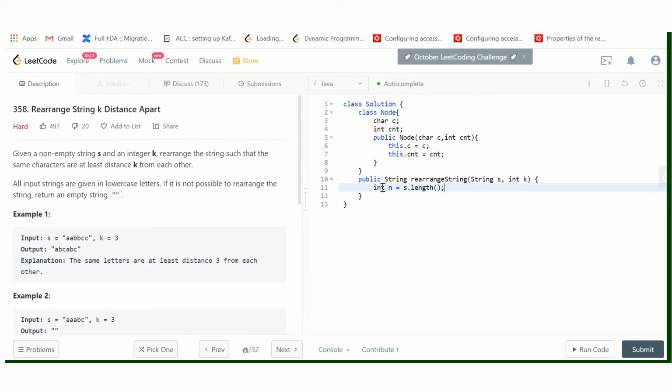If s dot length n is less than or equal to 1 or k is less than or equal to 1, simply return s.